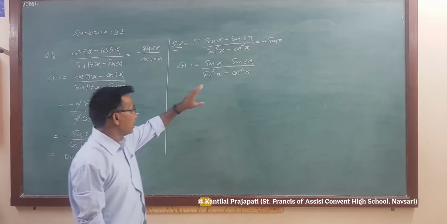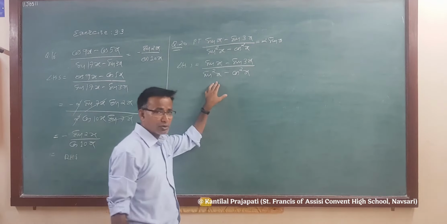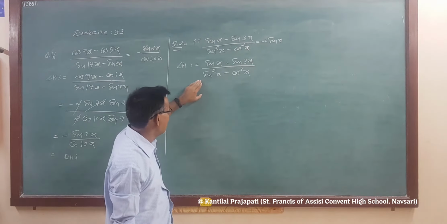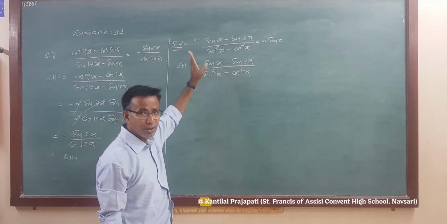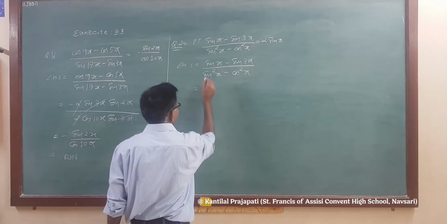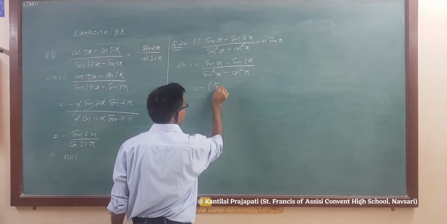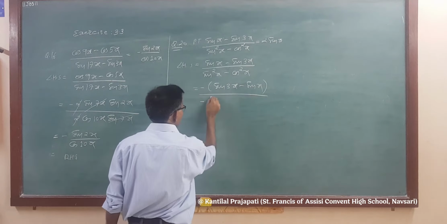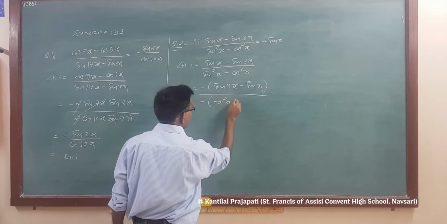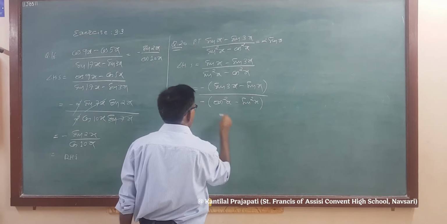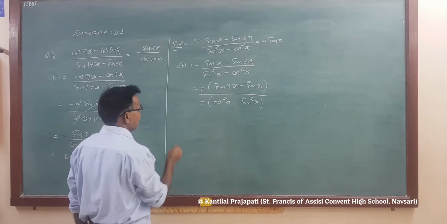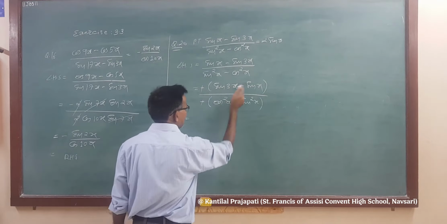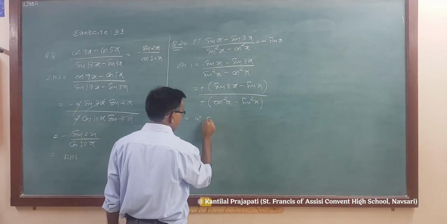To set the formula, we have the formula cos square x minus sin square x is equal to cos 2x. To set the formula, we take minus sign common from the denominator, so also we take common minus sign from the numerator. So from the numerator you get (sin 3x minus sin x), and from the denominator we get minus (cos square x minus sin square x). So the minus signs cancel. Now again here sin minus sin, difference as a product. So sin minus sin is equal to 2 cos sin, so we write 2 cos.